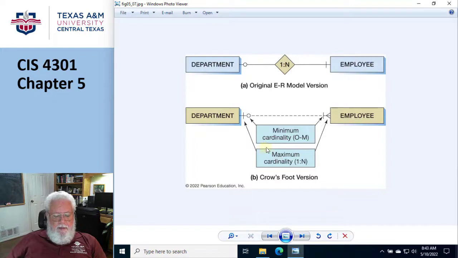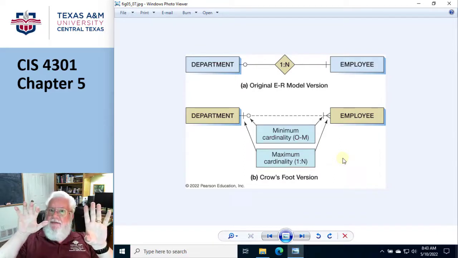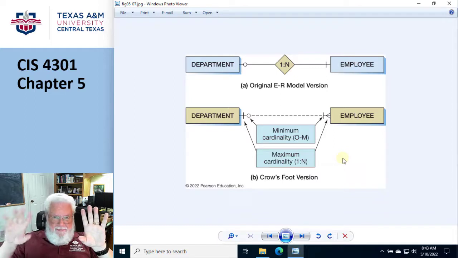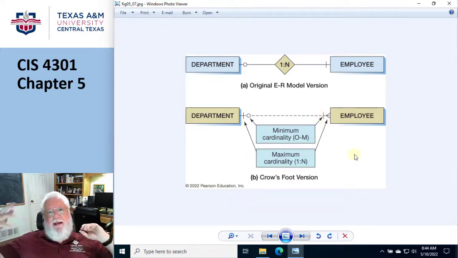All right. Now, this is not all perfect, because you can imagine a scenario where the minimum and maximum cardinality just flat don't work. Let me give you an example. Let's say you're doing a sports team, and you need exactly 4 players on the team. So one team has exactly 4, not 3, not 5, exactly 4. Well, basically you would go in here and say, it's a mandatory minimum, but you just write a little number above saying 4, because there's no real notation that would tell you what the maximum number of